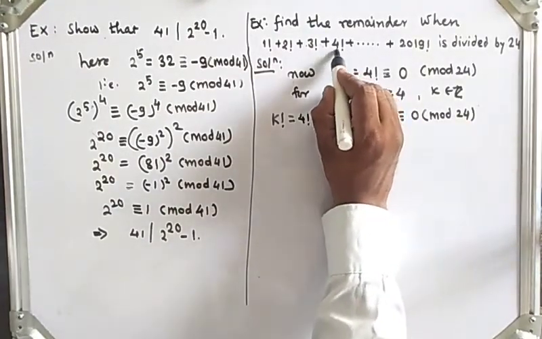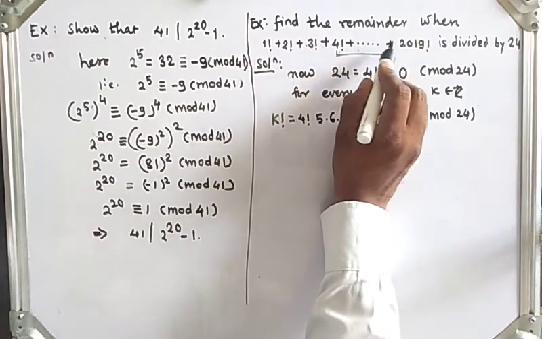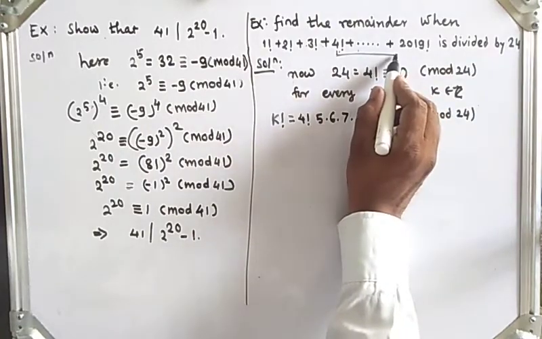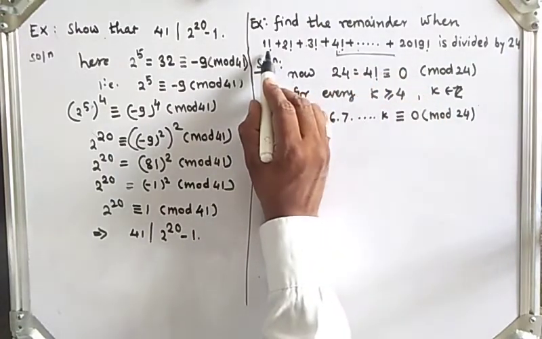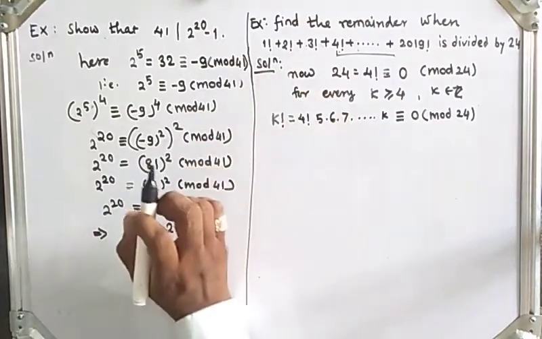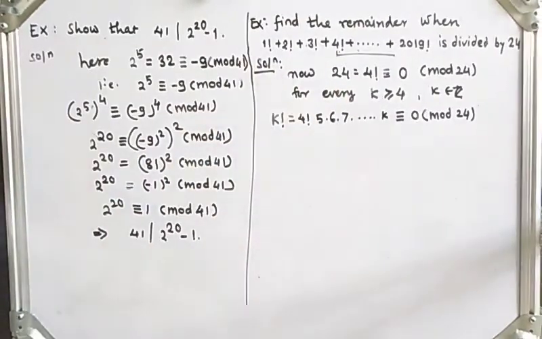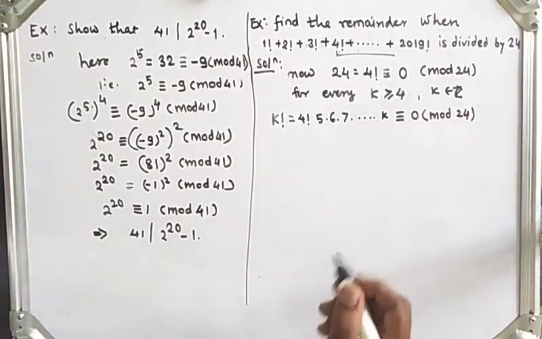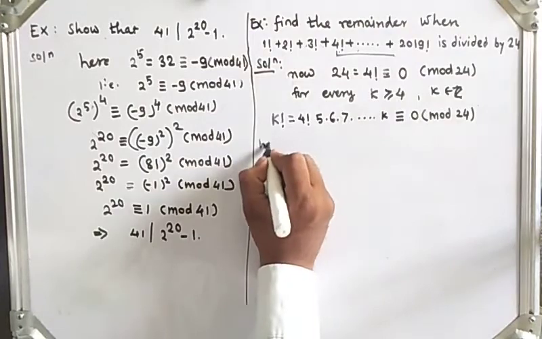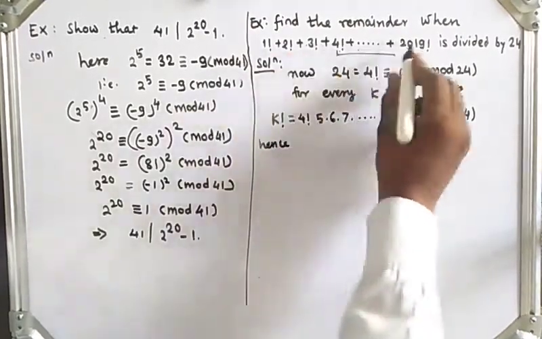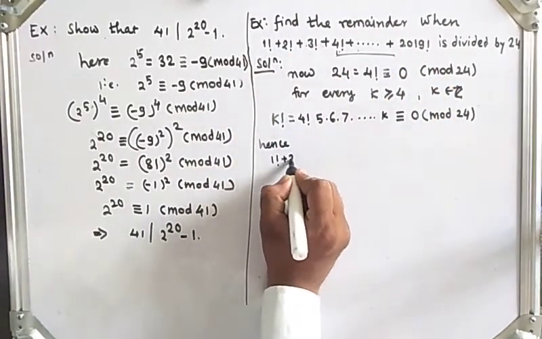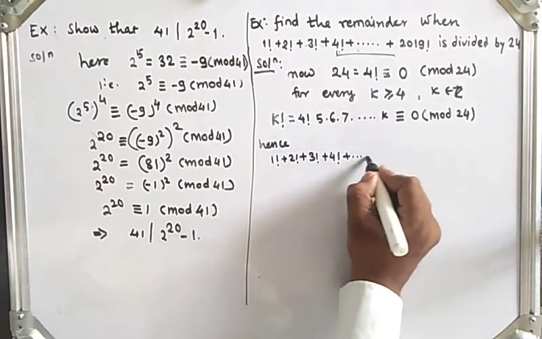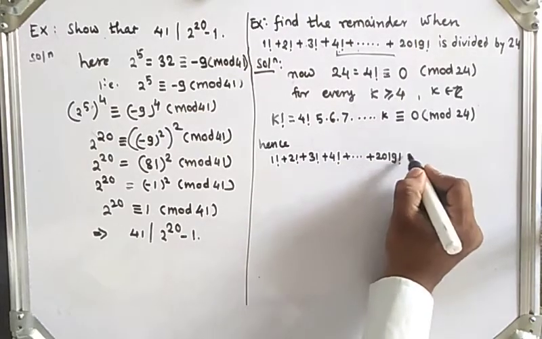This means 4 factorial, 5 factorial and so on, when divided by 24, will always give remainder 0. Only the remaining numbers will be 1 factorial, 2 factorial and 3 factorial. So the addition of these three numbers, when divided by 24, gives the remainder. So hence what will we get? This number can be written as 1 factorial plus 2 factorial plus 3 factorial plus 4 factorial plus and so on up to 2019 factorial is congruent to